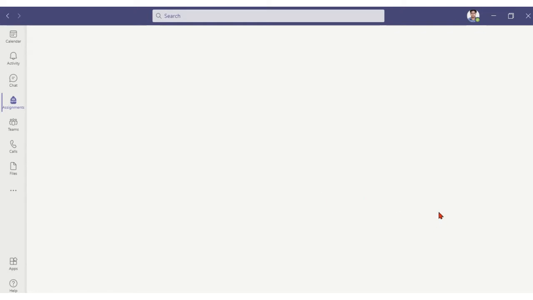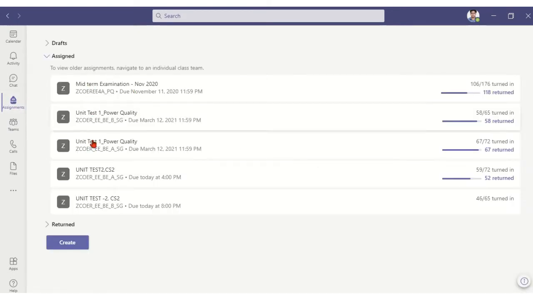Microsoft Teams is taking a little time just because of its sluggish nature and probably weak internet. Okay, so here you see there are already assigned tests, but I need to create a new one. So I will go to the Create tab, which is here. Just click on Create, and you will get a few options such as Assignment, Quiz, and Existing Form. I need to create a multiple choice question type, MCQ, so I will click on Quiz.